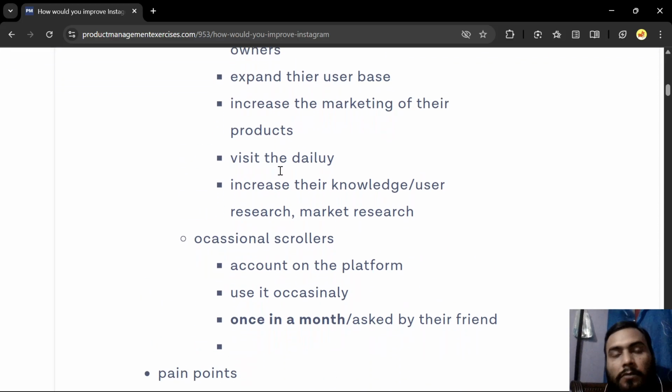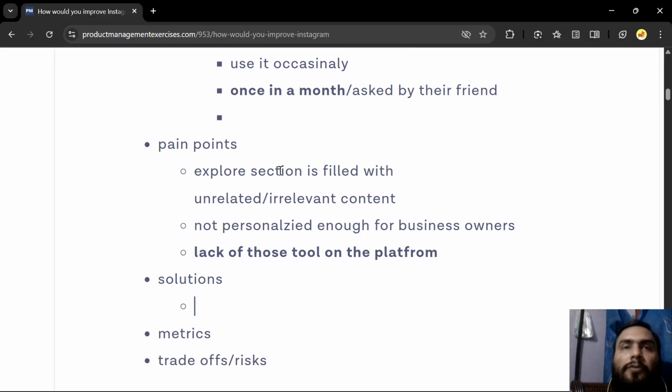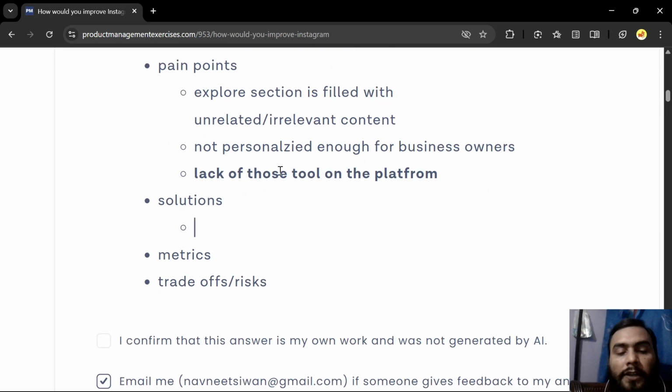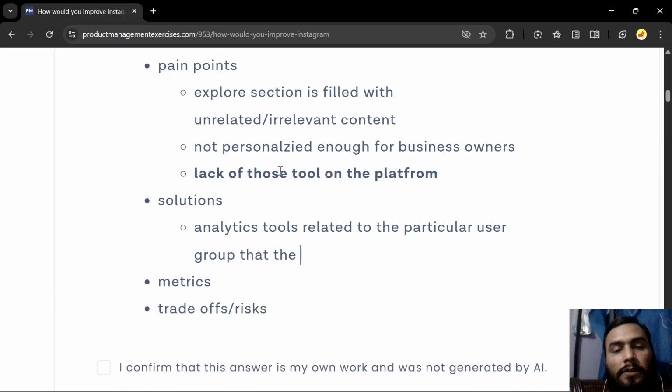Going through all the feed of the users, scrolling through, trying to save them or do a bit of analysis on the content that they have selected or saved. So if you could provide analytic tools related to the particular user group that the business owners are interested in.